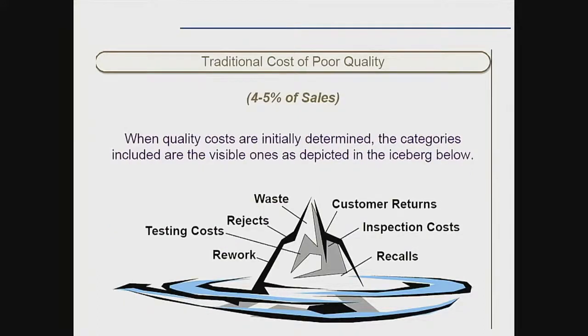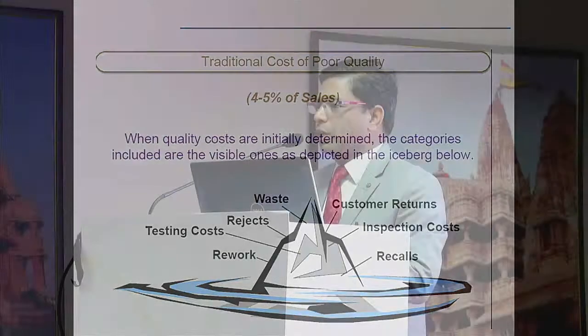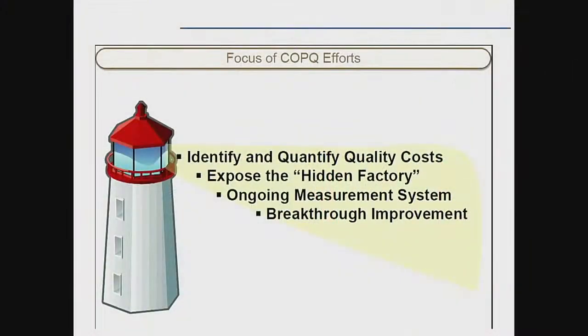Again, everybody knows about it. It's the top portion of the iceberg. Generally, people talk about the top of the iceberg when we start talking about the cost of poor quality. And the bigger picture is below. We can do a much more in-depth analysis of the cost of poor quality if we want to. The important part is focus. We have to bring it out and expose the hidden factory inside the factory. That is how cost of poor quality analysis and rectification start.